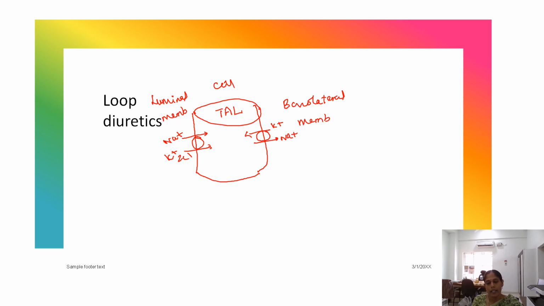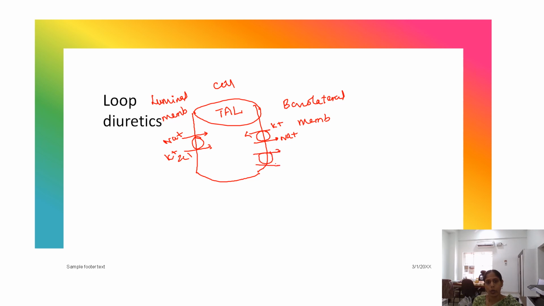Sodium, potassium and 2 chloride will all be absorbed from the lumen into the cell via this transporter. Potassium will enter back into the cell again, and